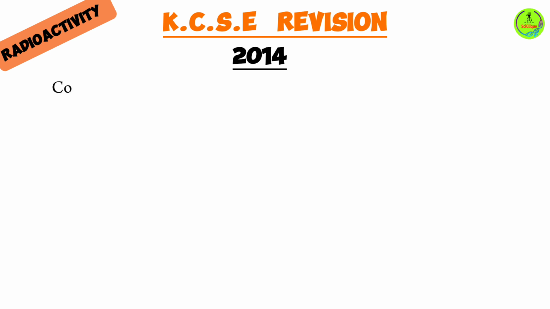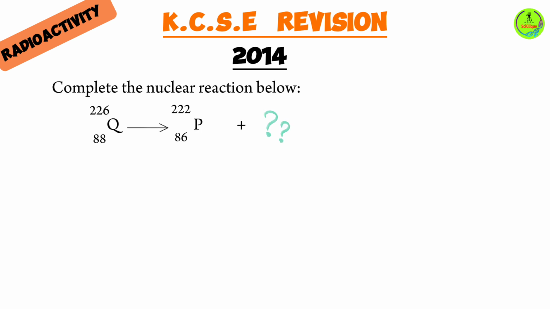Moving on to our last question, complete the nuclear reaction below. So we have Q undergoing radioactivity to form P. Now, let's look at the atomic number. The atomic number is decreasing from 88 to 86. So essentially, it's decreasing by 2. What about the mass number? It's decreasing by 4. Ladies and gentlemen, you see this, and this type of particle is the alpha particle, which